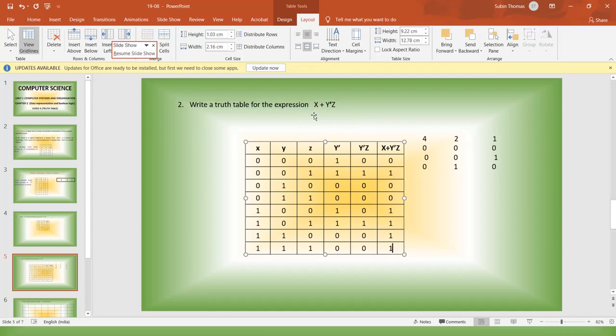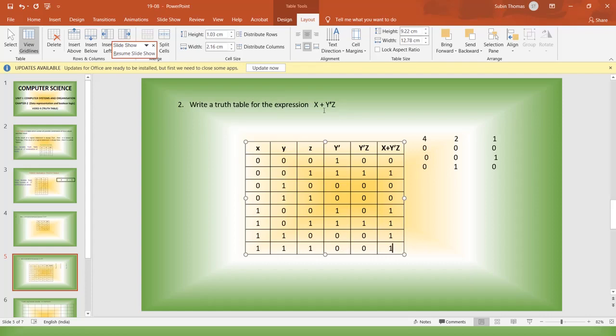To create the truth table, first find out how many variables are there in the expression. Depending upon the number of variables, you decide the type of truth table. Is it a 2-variable table or a 3-variable table? And after creating that truth table, depending upon the question, you have to implement the truth table concept. So this is all about your x plus y complement z.